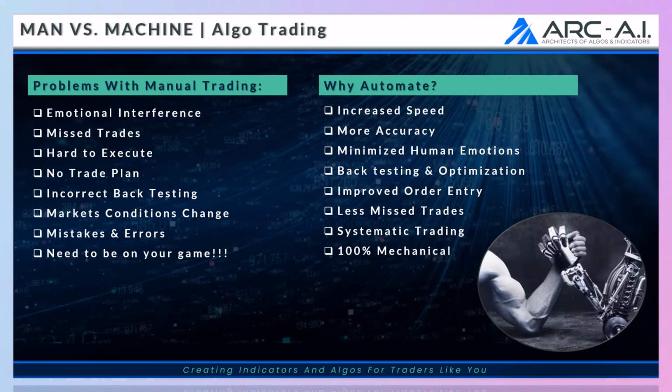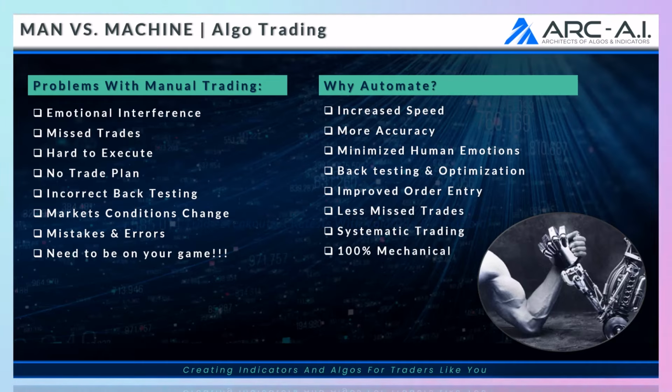Okay. Now, before I get into the meat, I just need to talk about something that is extremely important. The reason we're talking about automated strategies is because the reality is 90% or more discretionary manual traders will lose all their money. The reason for that is that we get in the way as human beings. We have emotions. We miss trades. Sometimes we're not focused. We don't have a trading plan. It's hard to keep track of all the ongoing things that are going on one screen versus the other. And let's face it, not everybody is really great at trading,